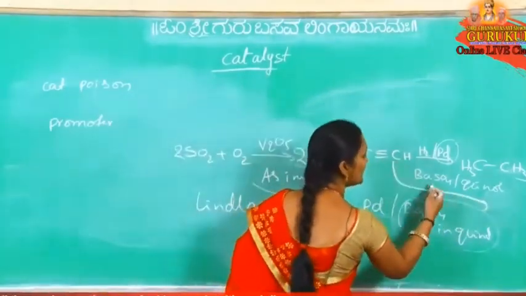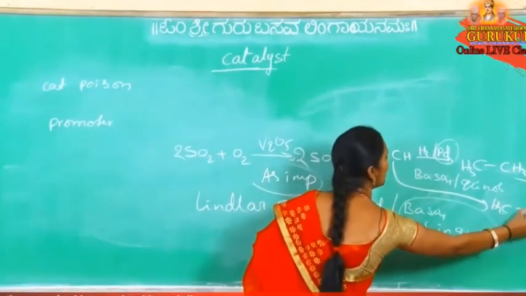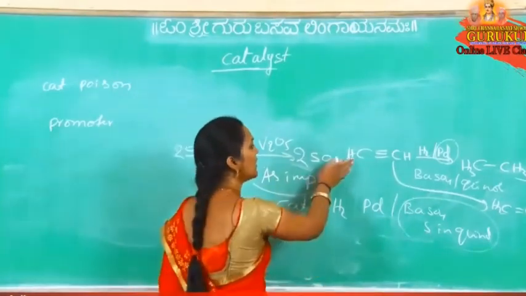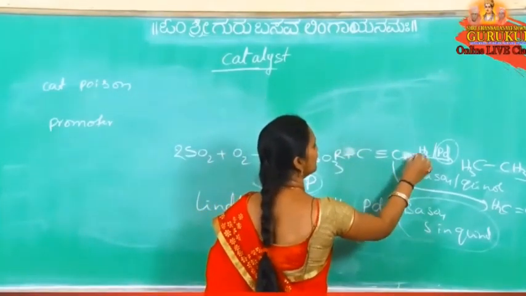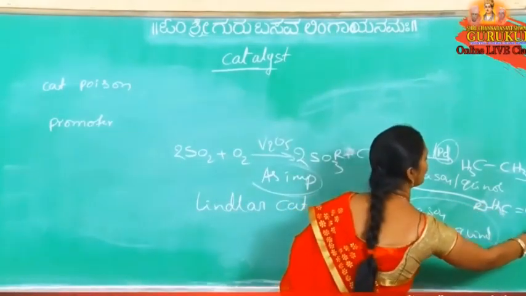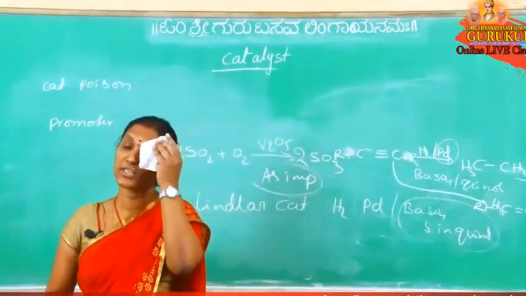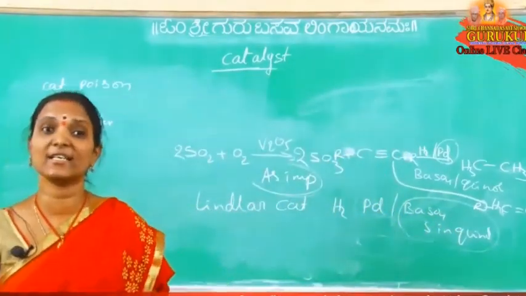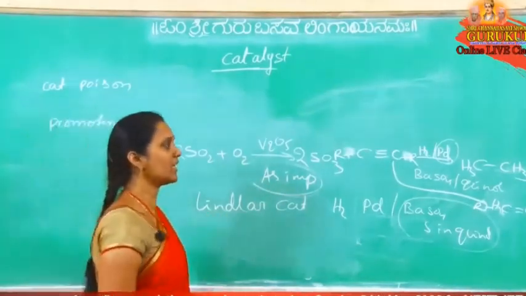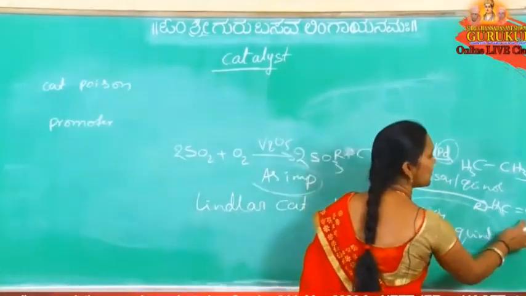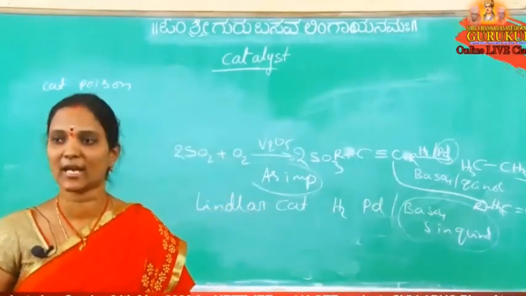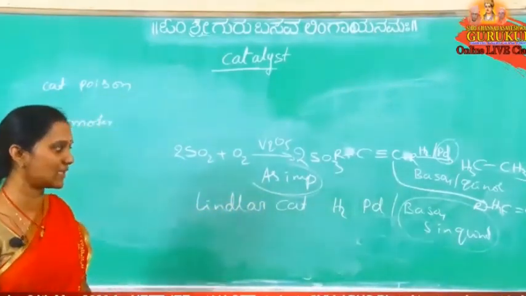So the product obtained in the presence of this is CH2 double bond CH2. If you take any other, not this simple one but a higher alkyne, then we will get an alkene. Because with Lindlar's catalyst, as we learned in Birch reduction in hydrocarbons, either the cis product or the trans product is obtained. To identify cis and trans, a bigger alkyne and alkene are used. Anyhow, in the presence of Lindlar's catalyst, what we are getting is alkene, not alkane.